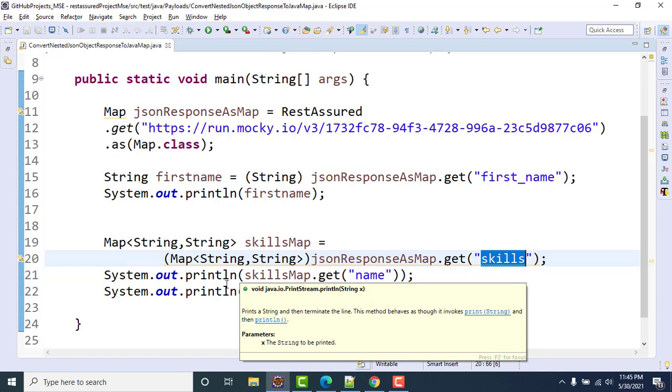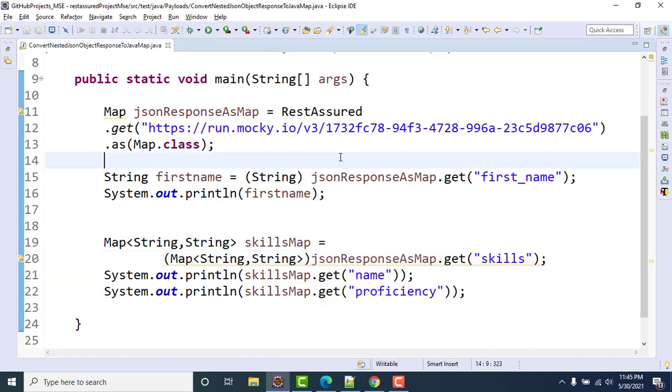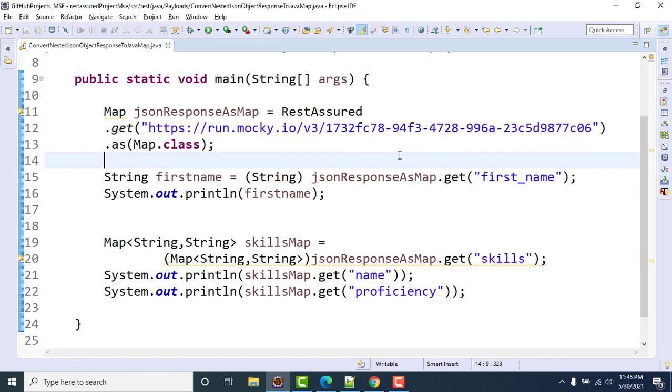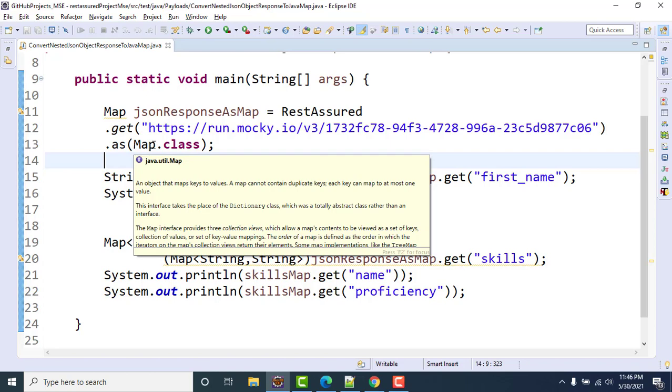Okay. Now let's come to another major concept here. This is not the good way of doing this, because you need to explicitly convert everything, right? You need to cast it every time, and it is giving some warning message as well. So whenever using the get method, I just want that I should be able to mention the generics as well.